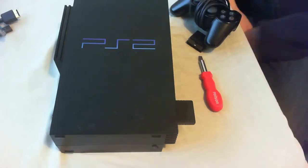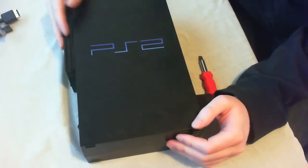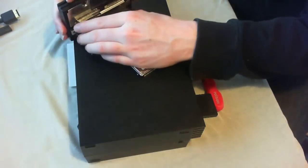So hey everyone, today I thought I'd show off my PS2 that I've been working on. What we've done is we've put a large hard drive, a terabyte hard drive, in the back of it. But because PS2s come with the